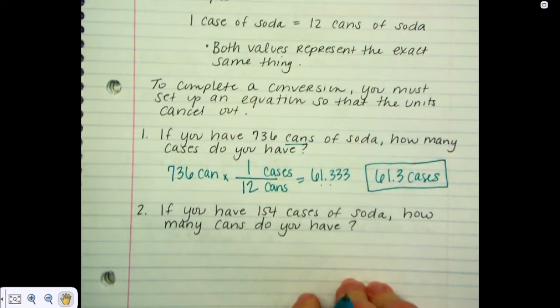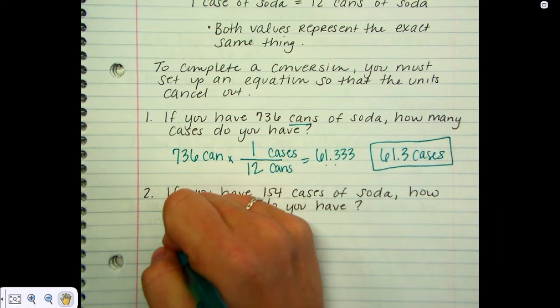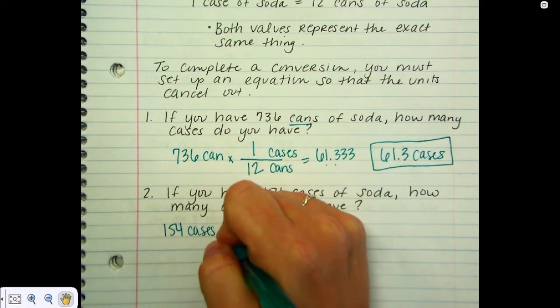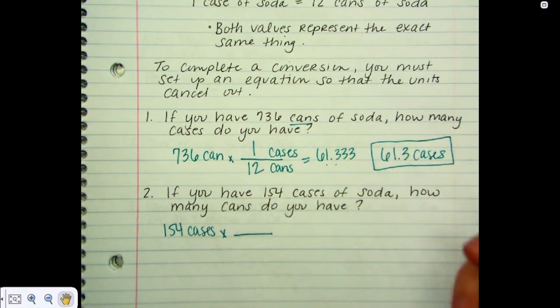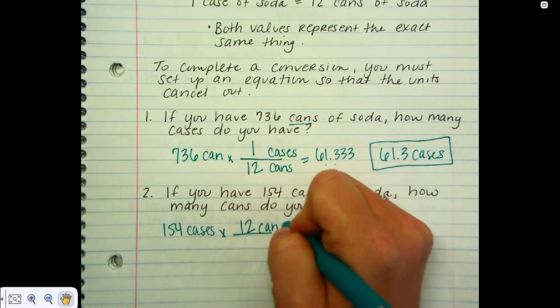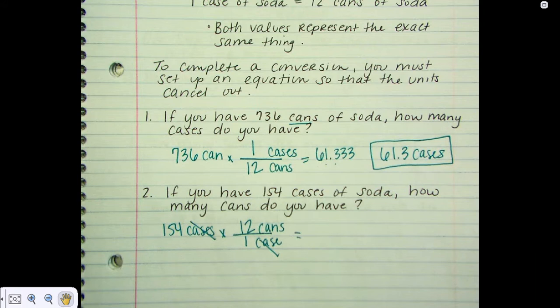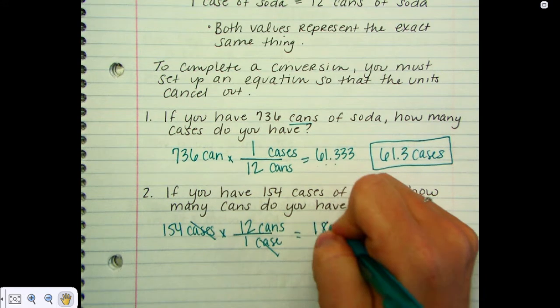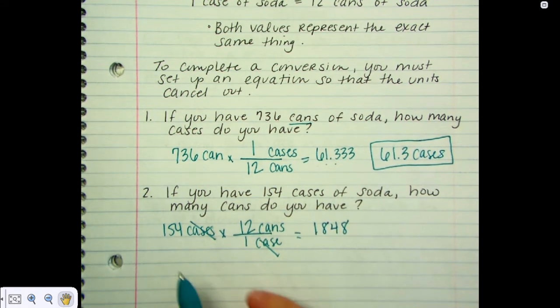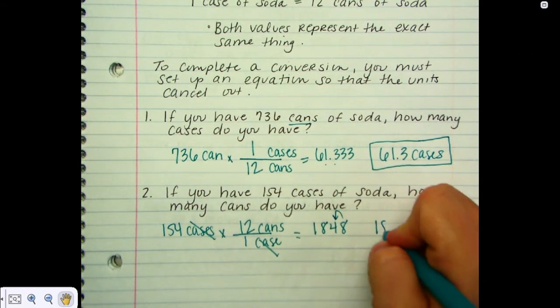All right, let's go the other way just to prove the point. If I have 154 cases of soda, how many cans of soda is that? Well, 154 cases. We know that each case holds how many cans? Each case holds 12 cans. You would figure this out without having to do this method. So 12 cans on top, one case at the bottom. Cases and cases are going to cancel out. It's going to leave me in cans. 154 times 12 would be 1,848. If we're looking at this in terms of sig figs, 1, 2, 3, 1, 2, 3. This is going to round, so 1,850